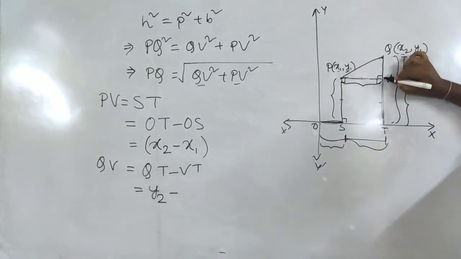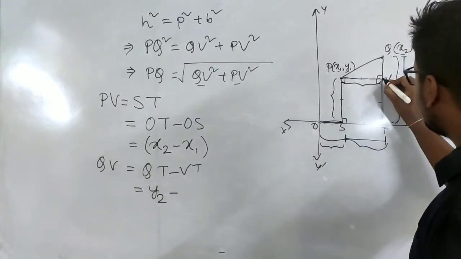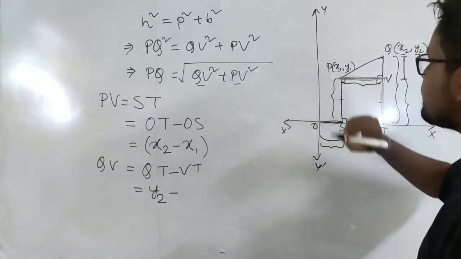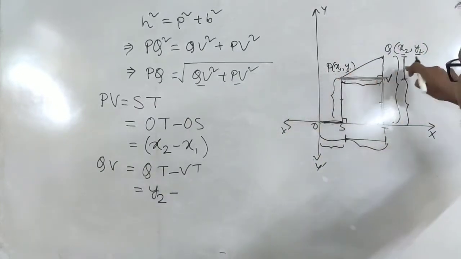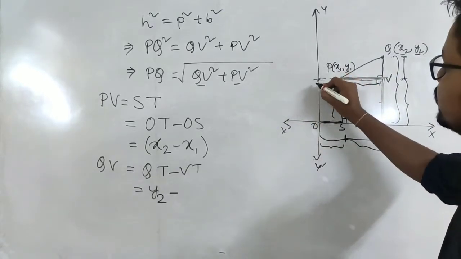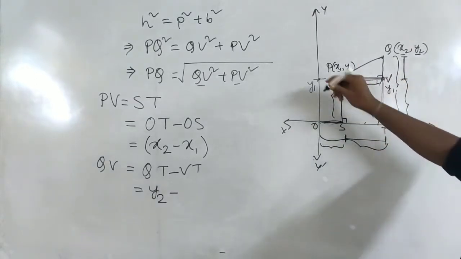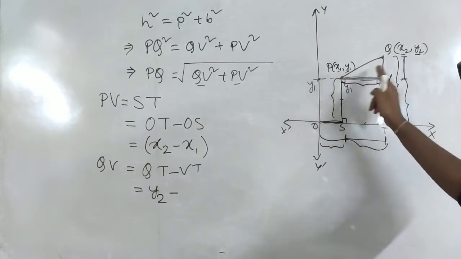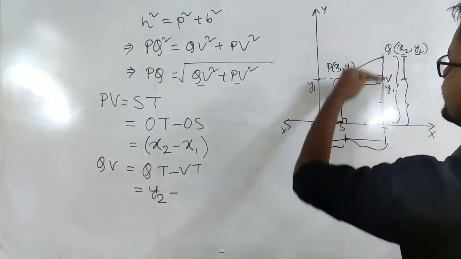Do I have any coordinate of V? I don't have. But this point is at the same y coordinate as this point P. Is there any change in the distance in the y coordinate? No, it is in the same level. Same level means they will correspond to this very point. This is also y1, this is also y1, and ultimately this will also be y1 because they are the same level in the y-axis. There is change in the x-axis distance. The horizontal direction there is change, but in the vertical direction there is no change.